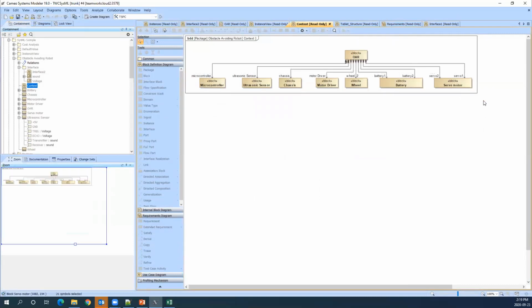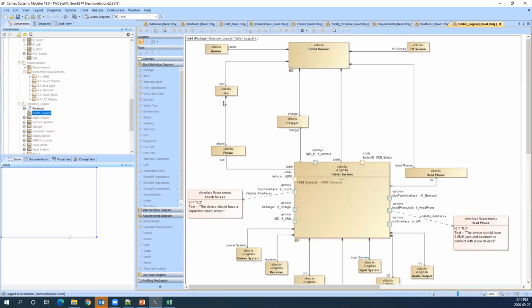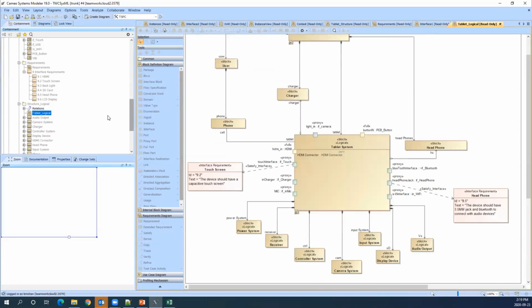This is the diagram that you saw in the presentation. And in the same way for the tablet, here I have the different interfaces that I have created. These are the interface blocks, which I'm going to type to different ports that I'm going to assign for the components. So here I have my components for the tablet system.